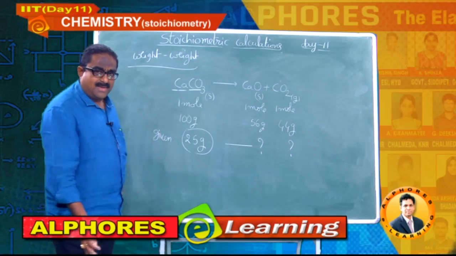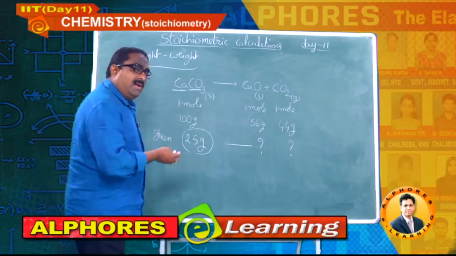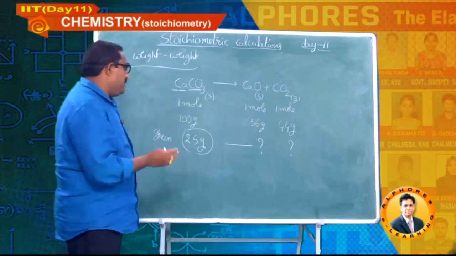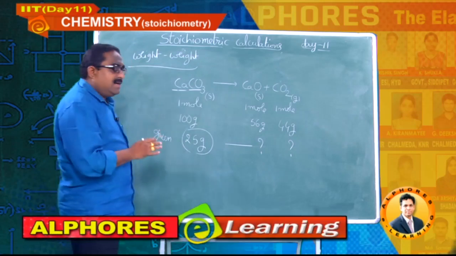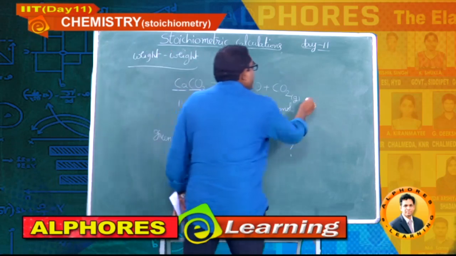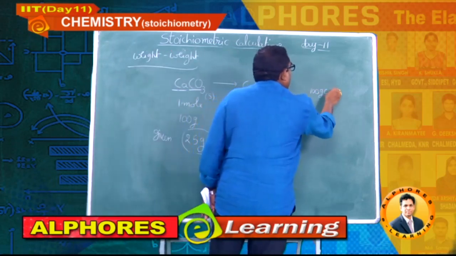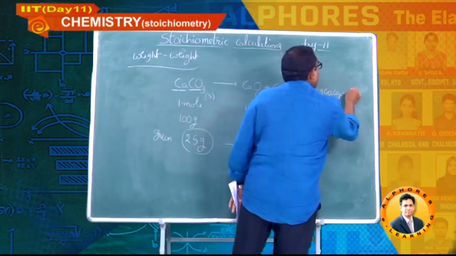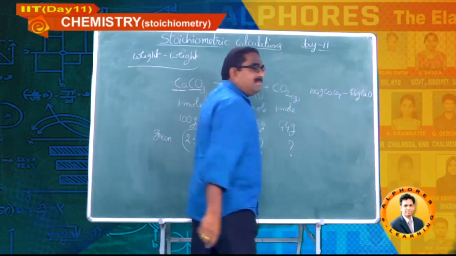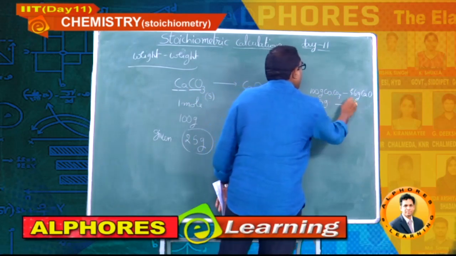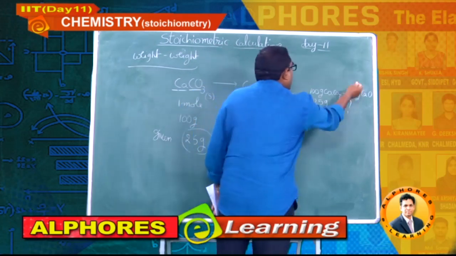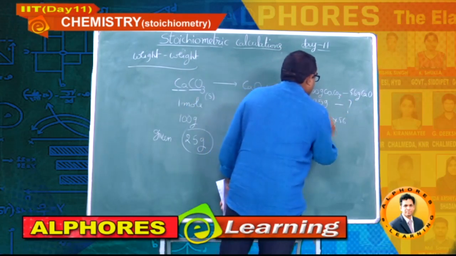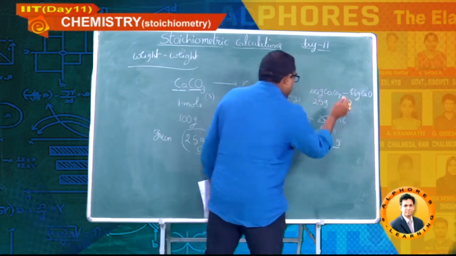Same way, simple common sense. 100 rupees, 10 pence. 50 rupees, 5 pence. The simple common sense again is needed here. Nothing more than that. Very easy it is. Similarly, I am writing 100 grams of calcium carbonate limestone gives 56 grams of calcium oxide, but this time I have given only 25 grams, 1/4 of that. So, you will get 1/4 of that, 14. So, simple, but do the calculation. 25 by 100 into 56, that is 14 grams.